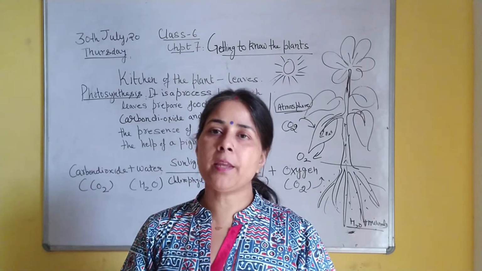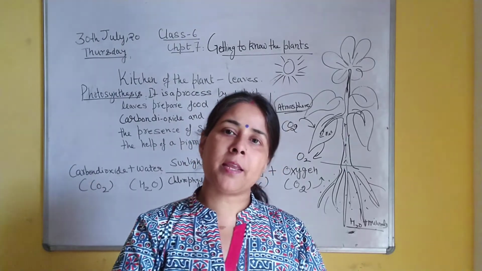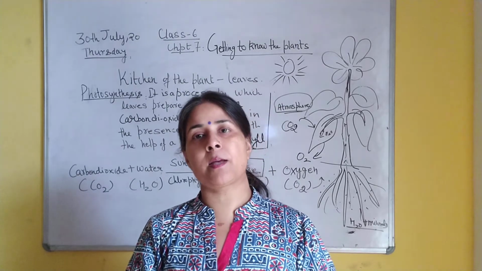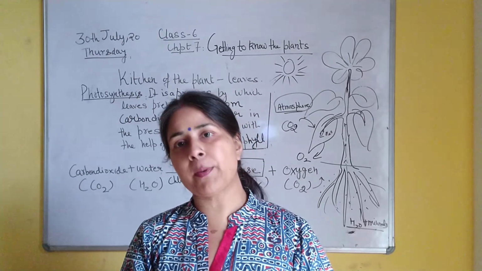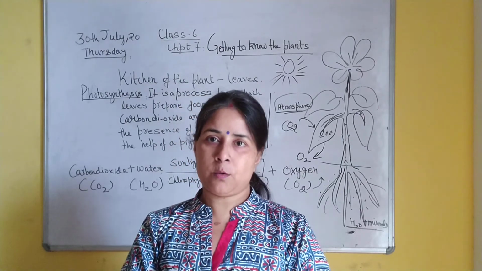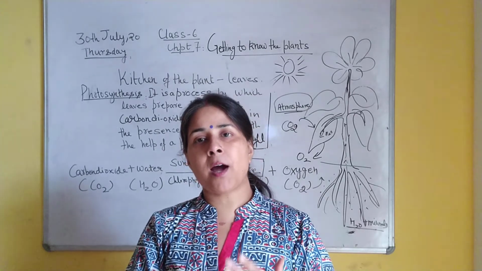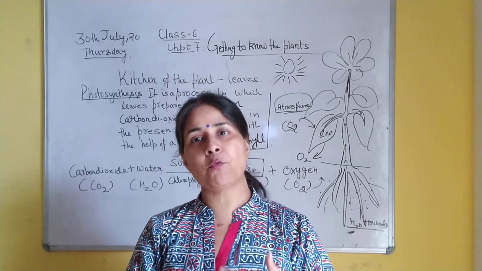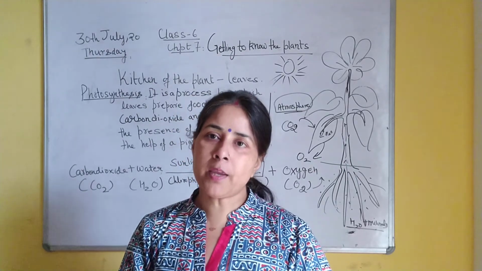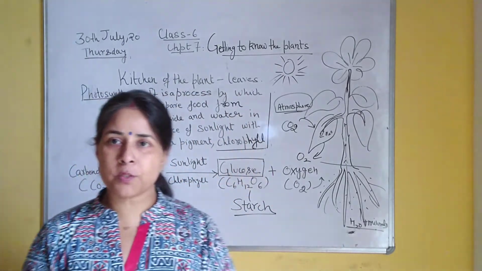If they are not directly dependent on the plant, they depend on its products. Suppose a herbivore does not eat leaves, it is dependent on the fruits. Some birds, some animals eat the fruits of the plants. So directly or indirectly, all the living beings which are heterotrophic, which cannot manufacture their own food inside their bodies, are all dependent on the plants. So this was all about the process of photosynthesis.